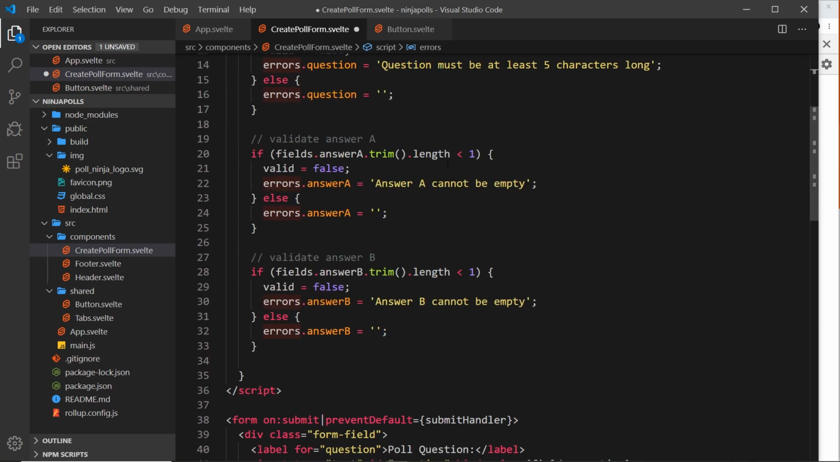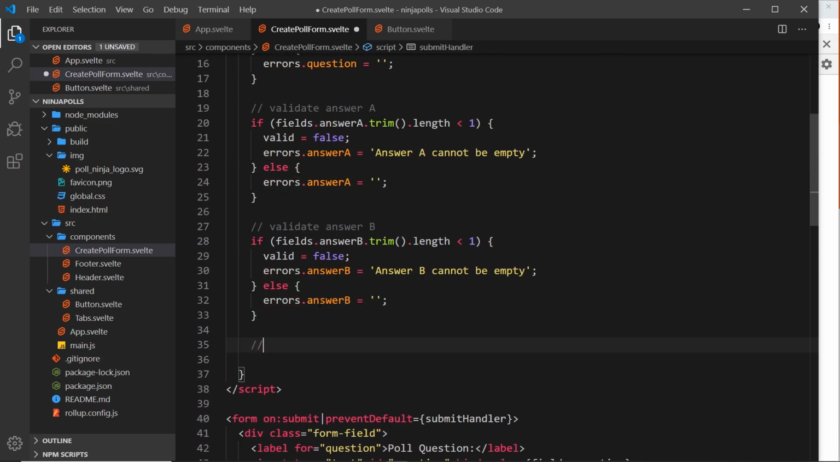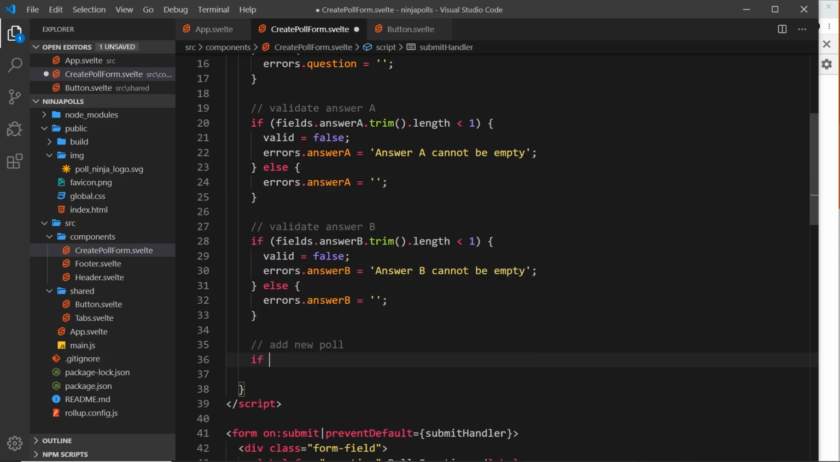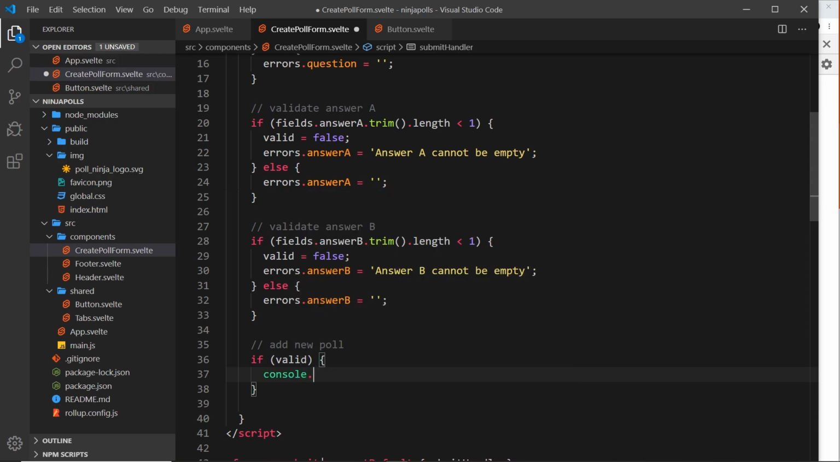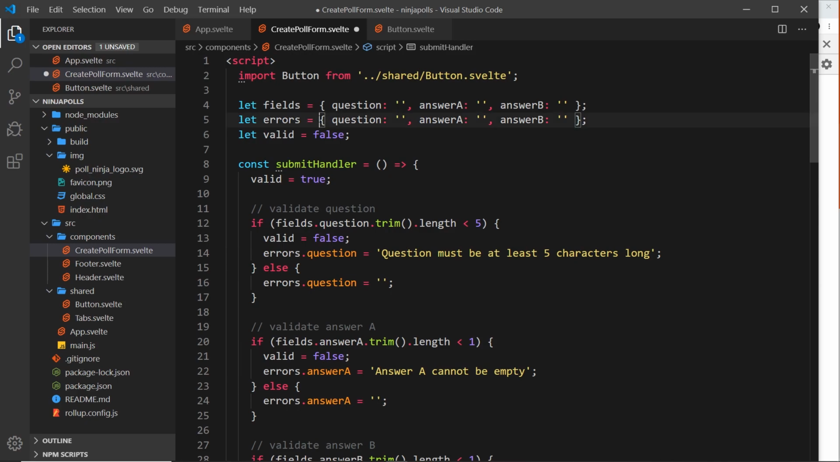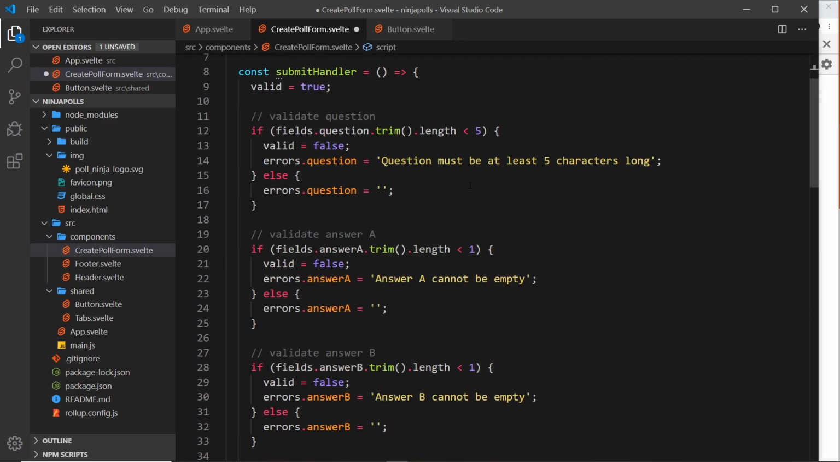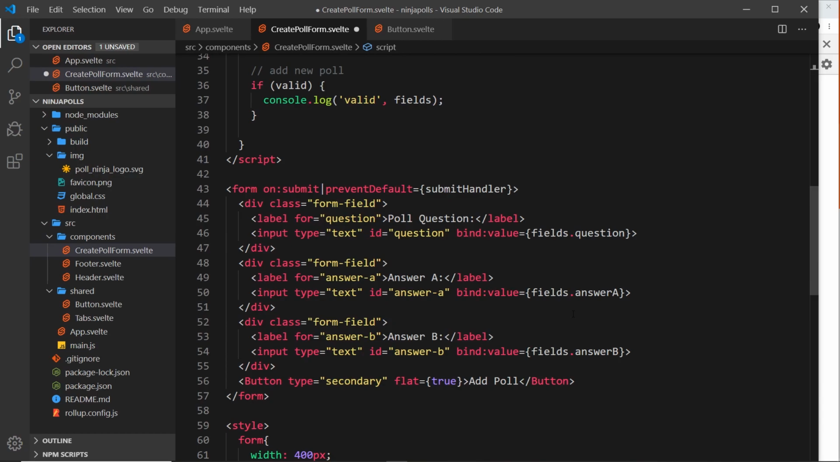So first of all, what I'm going to do at the bottom is a little comment to say, okay, at this point, we want to add a new poll, right? But we only want to add it if valid is true. So if valid, then at this point, we'll console.log and we'll say valid, so we know it's valid, and we'll output the fields object, so what a user types in. Now, in the future, we're actually going to add that new poll to an array of data, but for now we're just logging it to the console. Now, if it's not valid, it's not going to do this, and instead, we now have this object which is populated with errors,